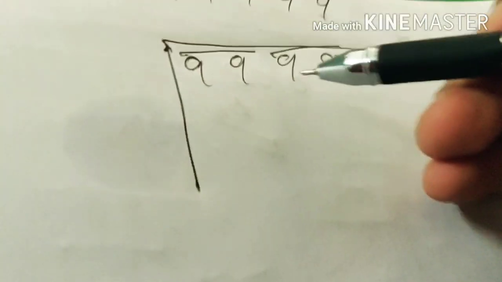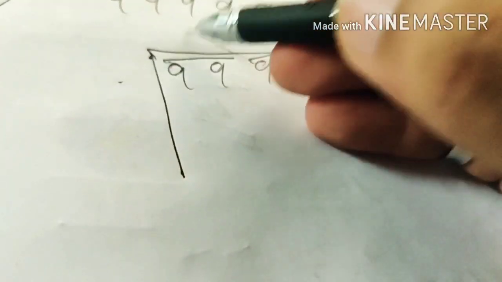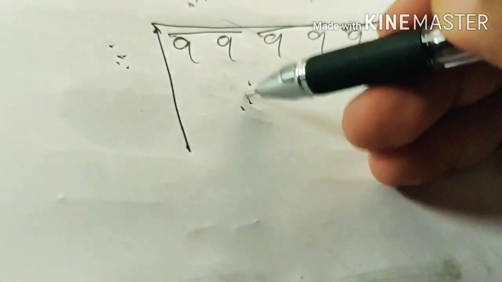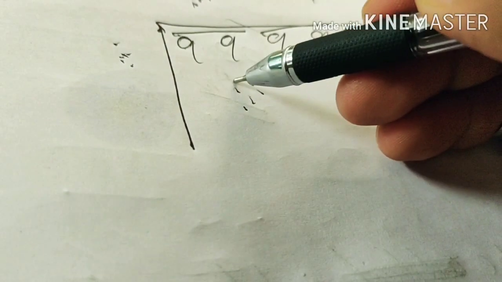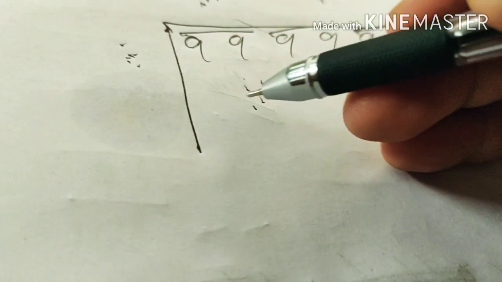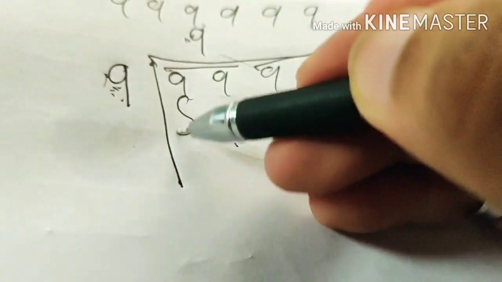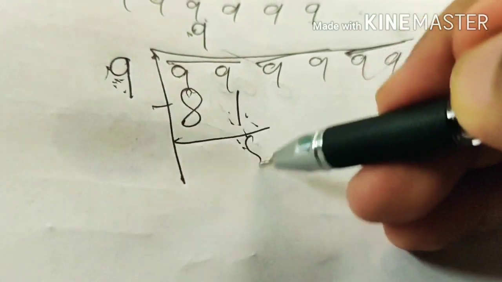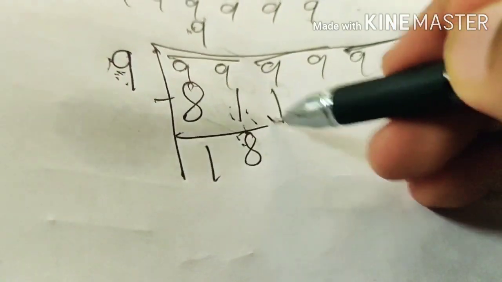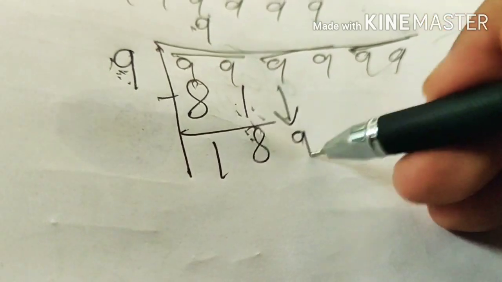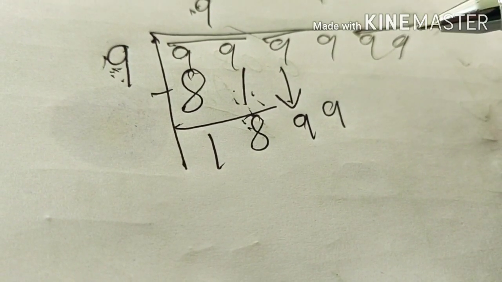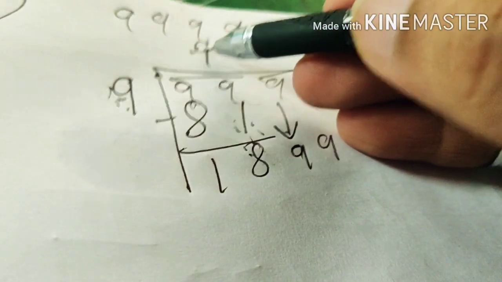We got 3 pairs. And where do we start from? Taking the numbers: 1 one is 1, 2 twos are 4, 3 threes are 9, 4 fours are 16, 7 sevens are 49, 8 eights are 64, 9 nines are 81, 10 tens are 100. 100 is coming more than this, so what will we take? 9 nines are 81, the remainder will be 18. We will take this whole pair as carry down. 99 will be carried down. We will just double the number.